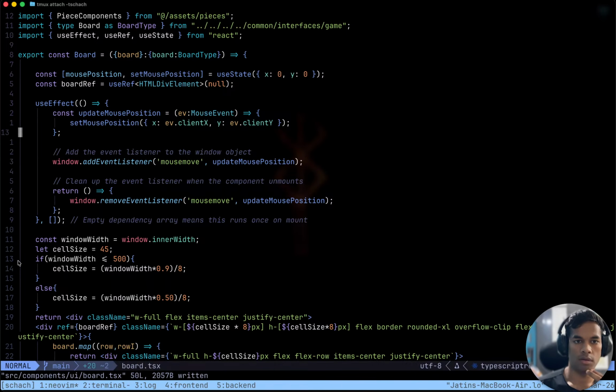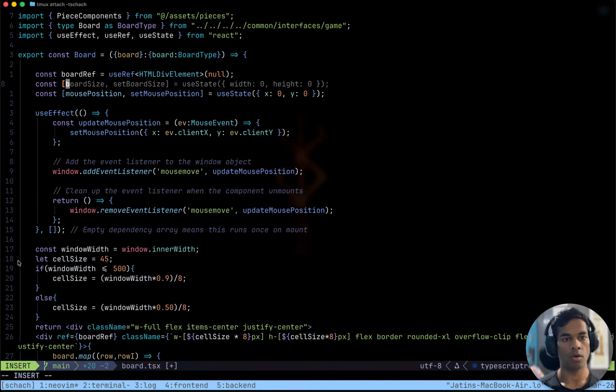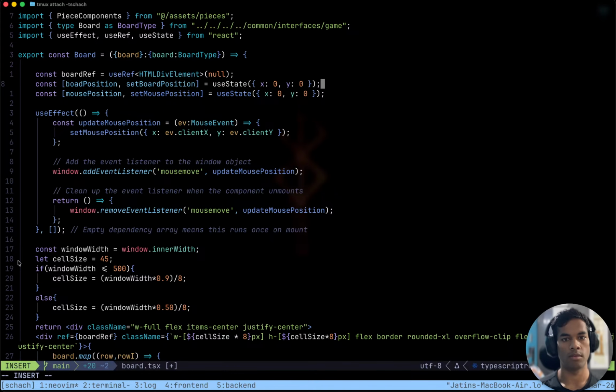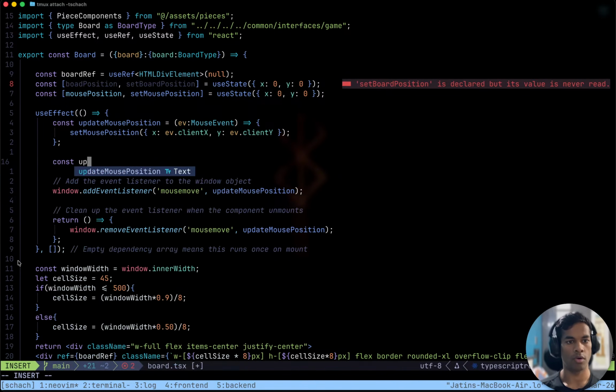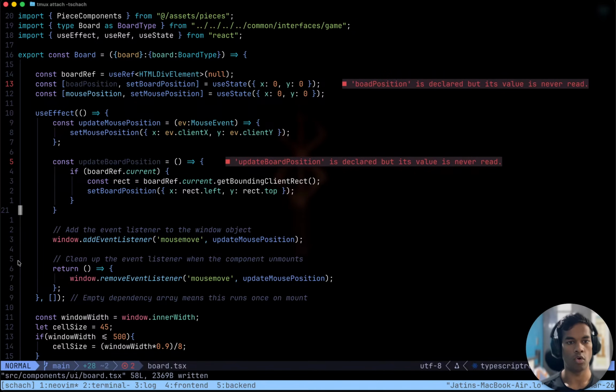Const board position, set board position, initially 0, 0. Update mouse position, const updateBoardPosition. Copilot actually is pretty cool.